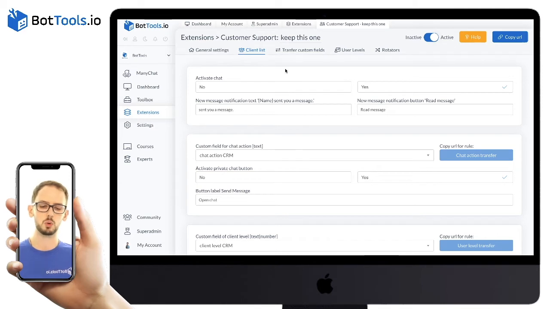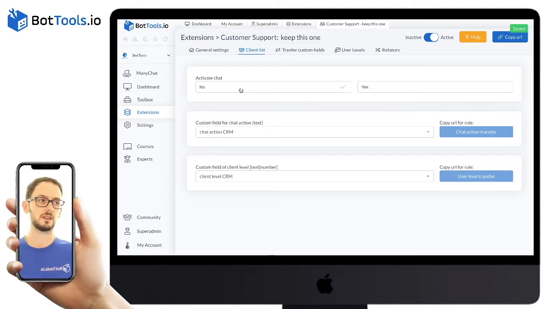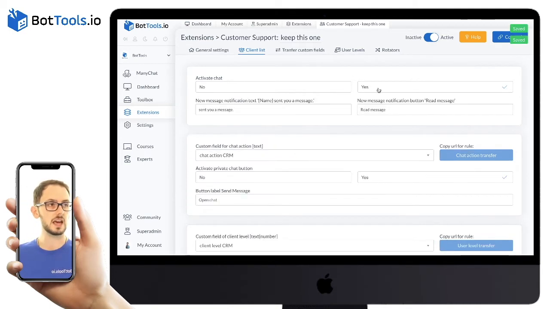For instance, would you like to have that chat capability, or are you trying to use it maybe without the chat capability and you just want to be able to see the user lists, without being able to let these two users converse with each other? Well, that's very simple. You can click no to activate chat, or you can say yes, I would like to